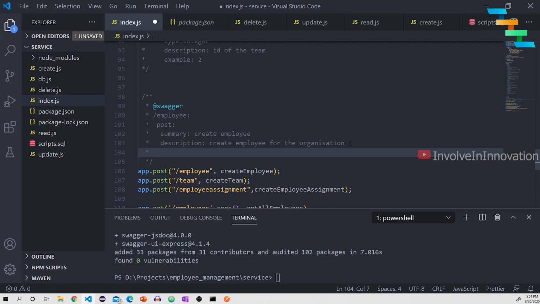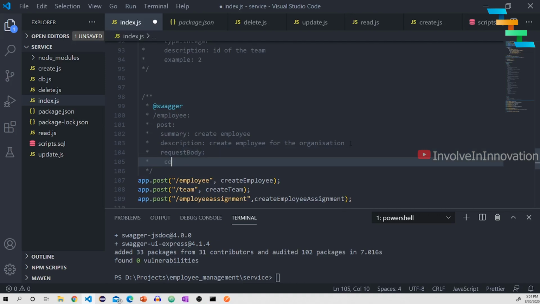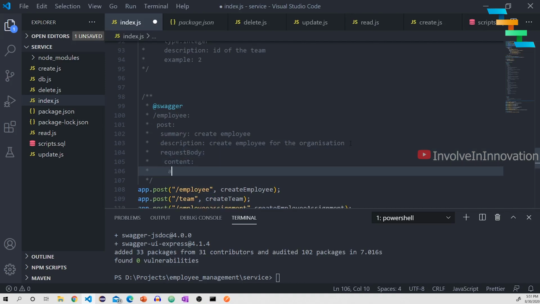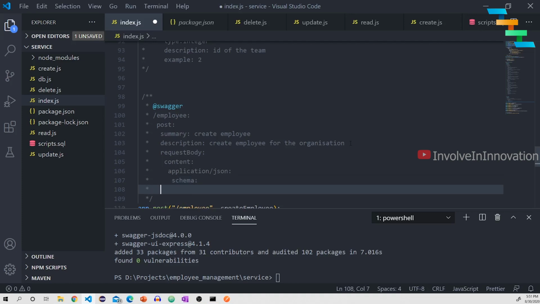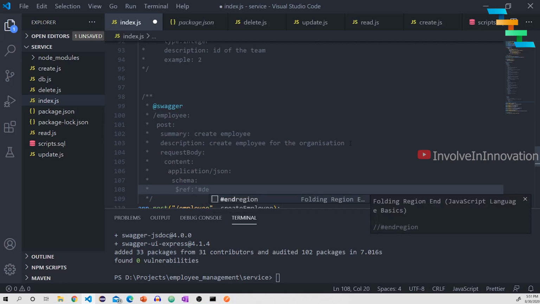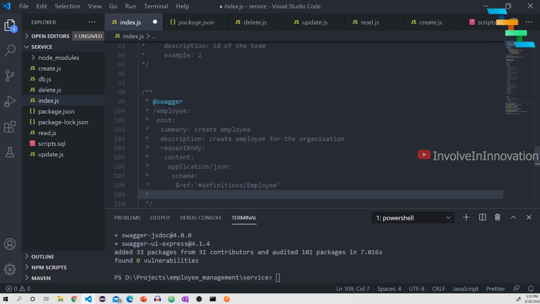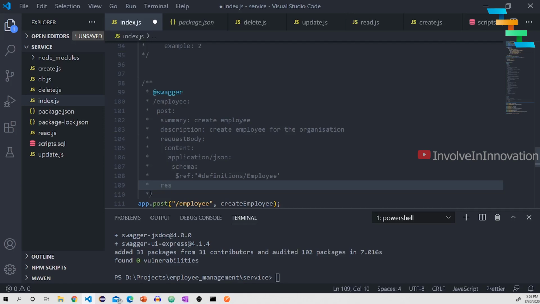Try to give a space here and then define the request body. The request body should have the same indentation as the description. So requestBody, and inside request body you need to mention the content, application/JSON. You need to mention the schema. Here in the schema we can refer to the definition which we have already created. To refer to the definition, $ref: define your definition, so definition employee. Then you need to have the same number of spaces as request body, 1 2 3, and then responses: